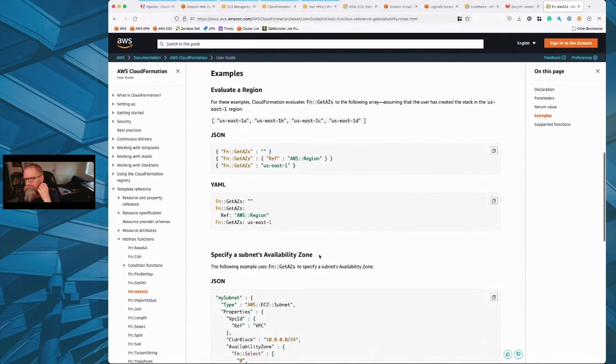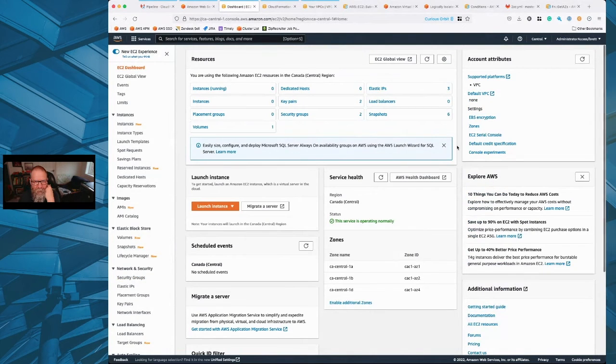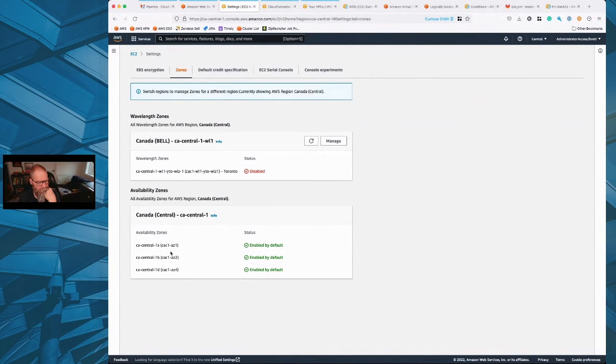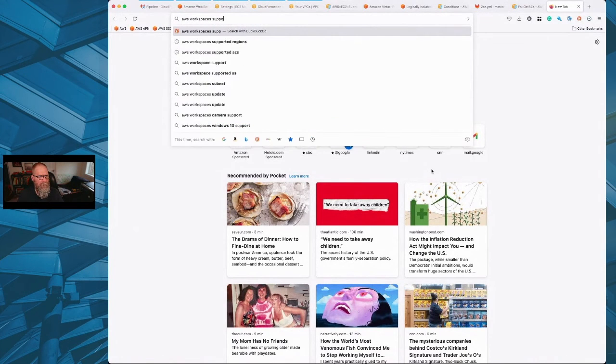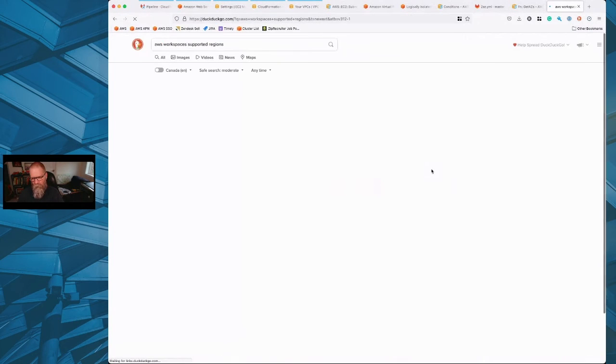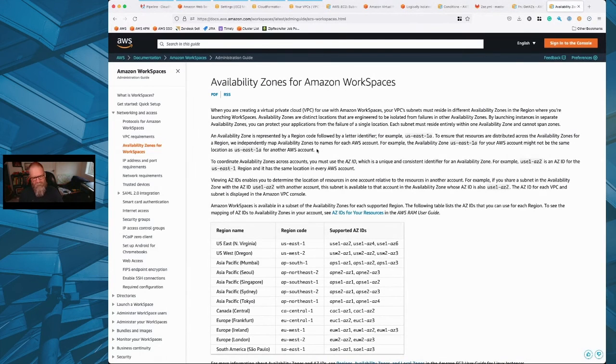Okay. The only interesting thing that we could do here is if you go back to your EC2 console and you go to the dashboard, and this might be something that is important for you. See this zone link here? If you go to zones, what this is doing is it's telling us the AZ mapping. So 1A maps to this zone, 1B maps to this zone. Why is this important? Because let's say you wanted to deploy workspaces here, okay? Even though workspaces are supported, like the documentation will say workspaces is supported in this region, you also have to make sure that you understand the,